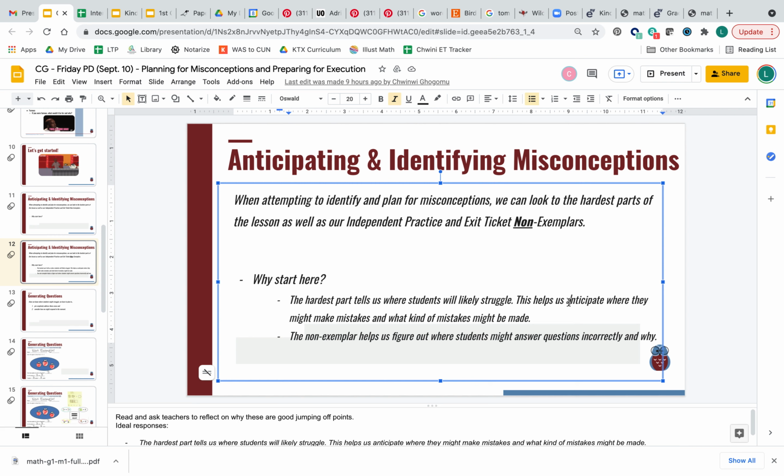It also helps us add examples, illustrations, and justifications to really hone in on that hardest part, right? The non-exemplar helps us figure out the hardest part. If we can't just name the hardest part, when we start to do non-exemplars, they help us figure out the hardest part, if that makes sense. So over here,